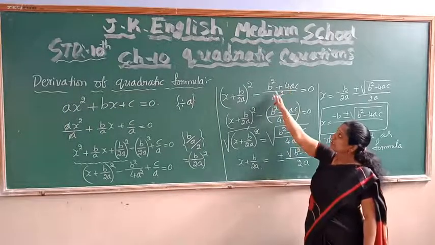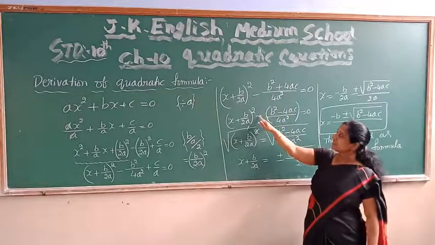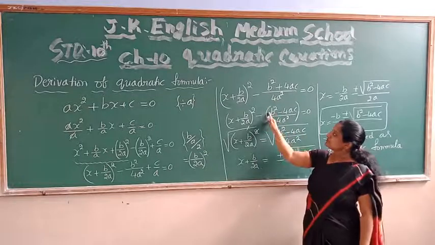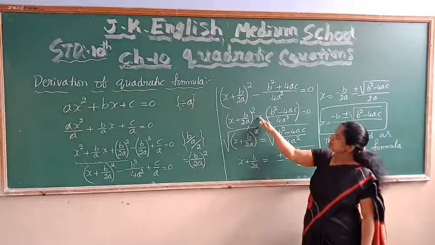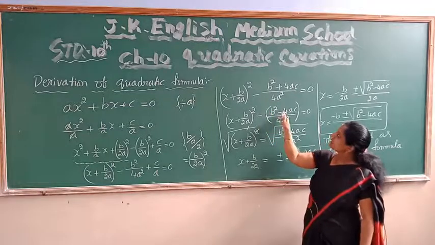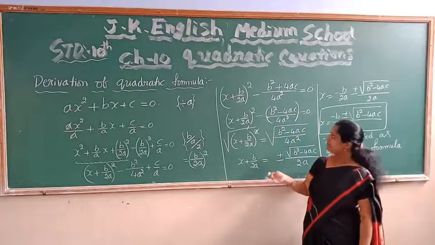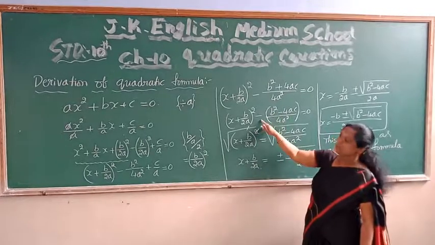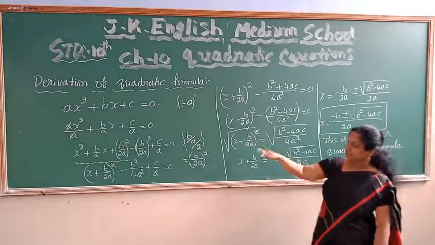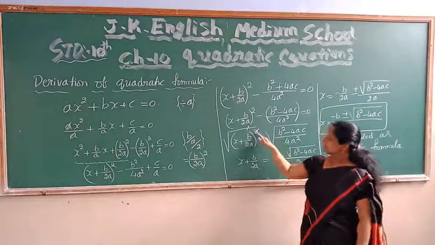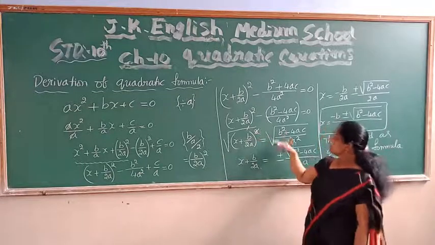So what I do is take the minus sign common for both the terms, which means it becomes plus, and this is minus, after simplification. Minus into plus is minus, minus into minus is plus, it becomes the same. Then after taking the minus sign common, you have to take it to this side, and if I apply the square root symbol on both sides, children, this square and this square root will get cancelled.